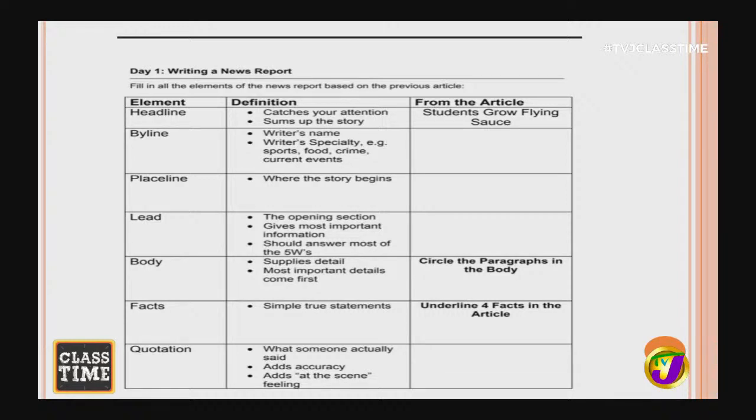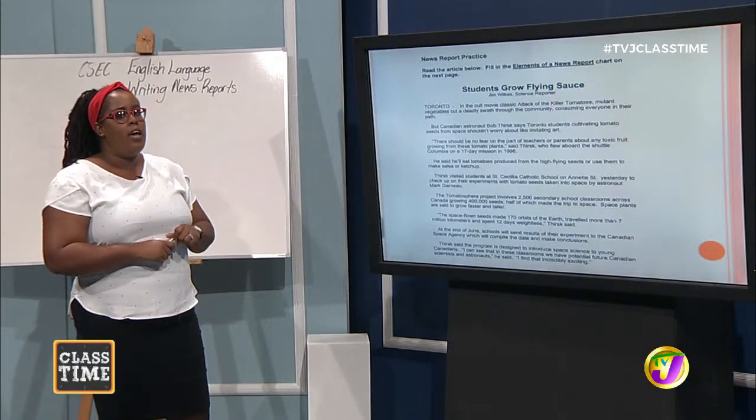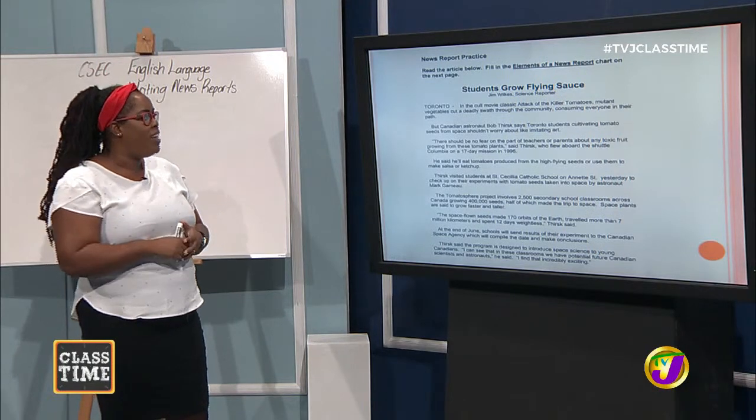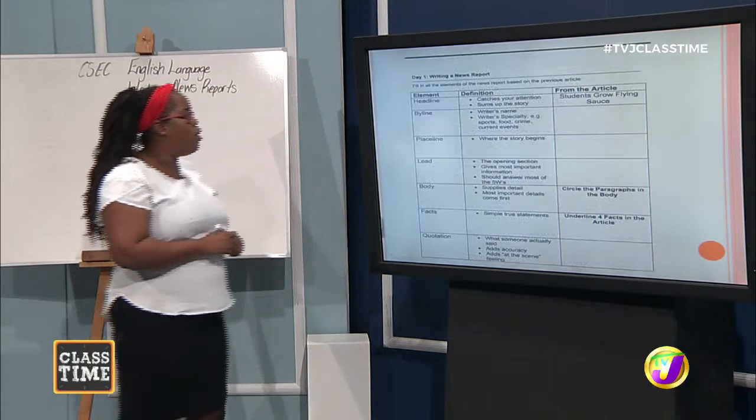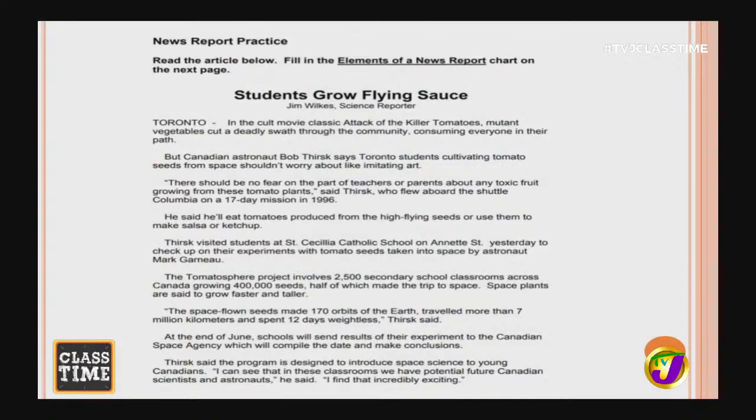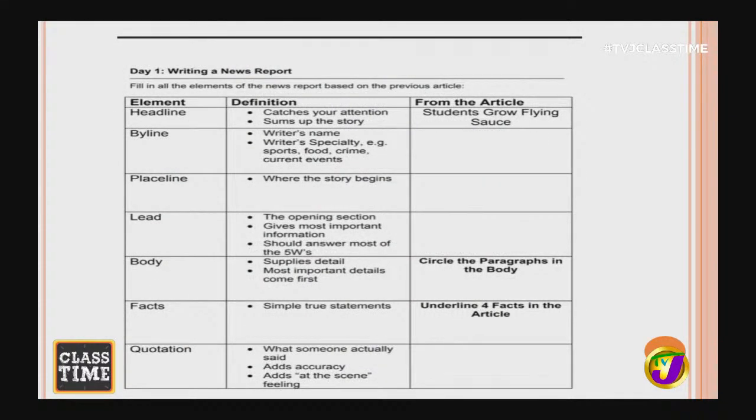All right, so we're just recapping, just getting in the groove to get everything going, right? All right, so I want to go back to that slide where we have the activity. We're getting there, not to worry. All right, so we want to know who is the person who wrote this report, right? Do we see it? Jim Wilkes, science reporter, right? So we're going to complete that section. So it is asking us, who is the writer? What is the byline? And the byline here